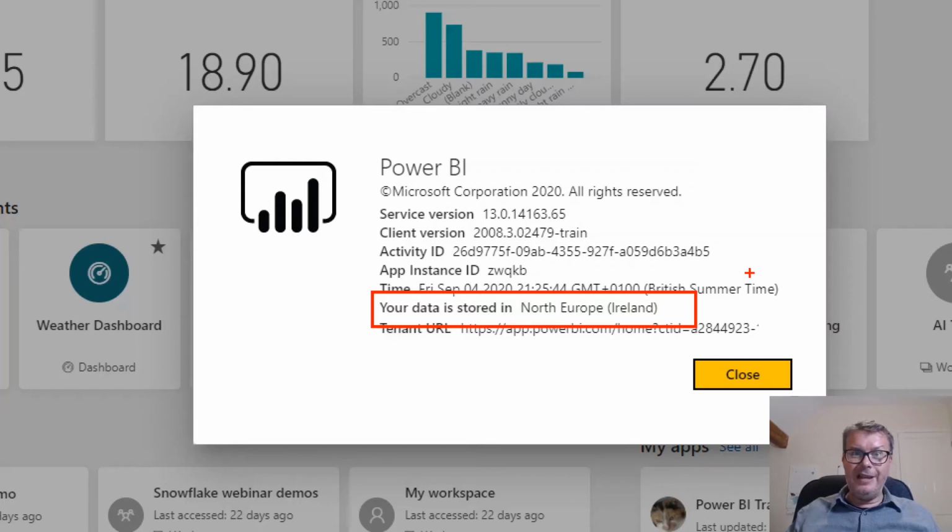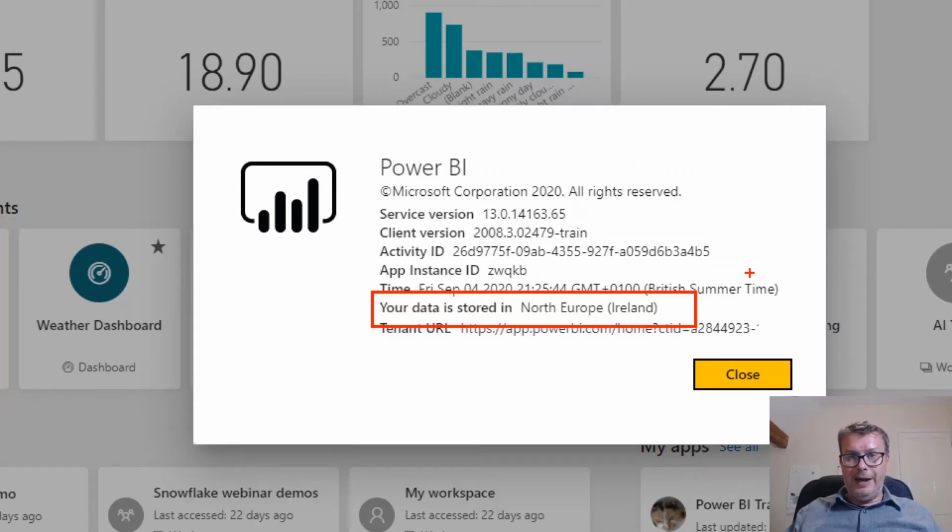Now, like I said, this could matter for legal or regulatory reasons, especially with Brexit coming up, and I know there are going to be a lot of British people watching this. It could matter for your particular organization that your data is located in a UK data center. There are other instances where, for example, I know there are organizations in Australia who suddenly found that their Power BI tenant wasn't located in Australia. And as a result, there was a bit of a performance overhead opening their reports because their users were in Australia, their data wasn't, and network latency.